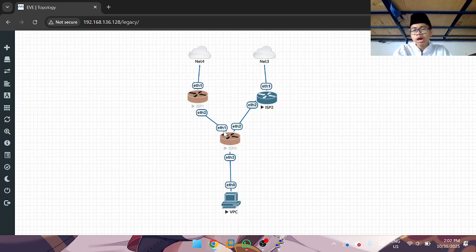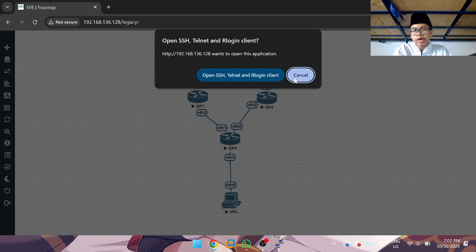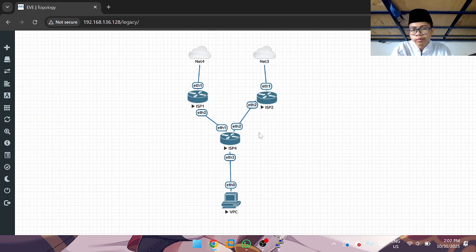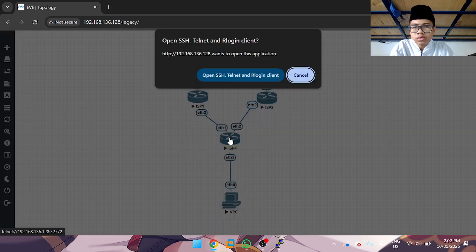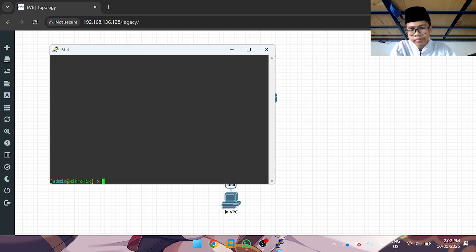And yeah, and how you will do failover, you just make two routes but with different distance. And to configure it, you just use the command IP route add dst-address 0.0.0.0/0. Gateway is, because I want 10.10.10.1 to be the main route, so I use the main route.